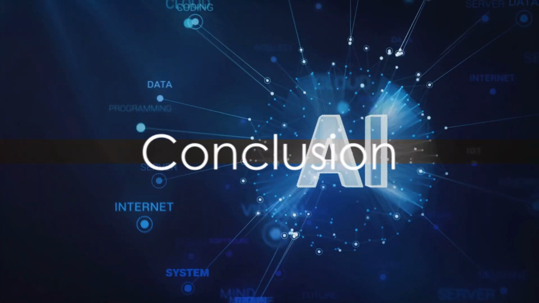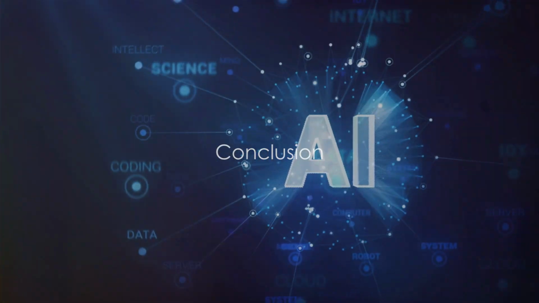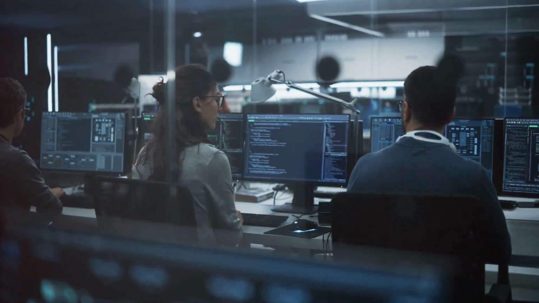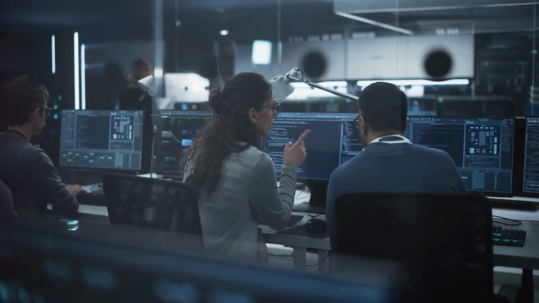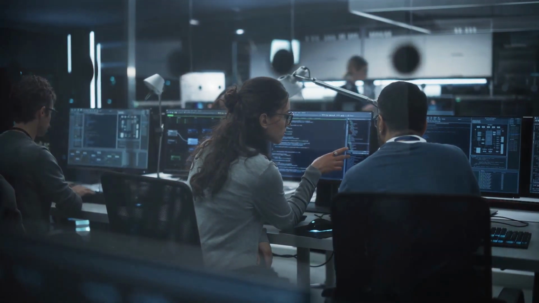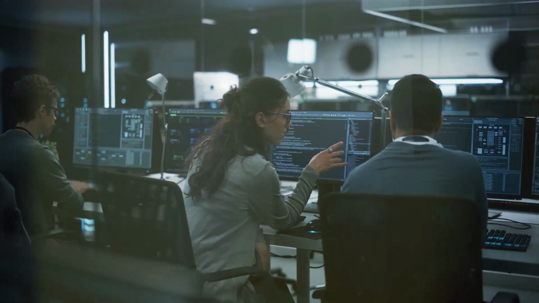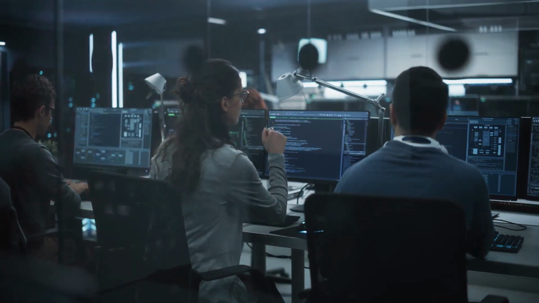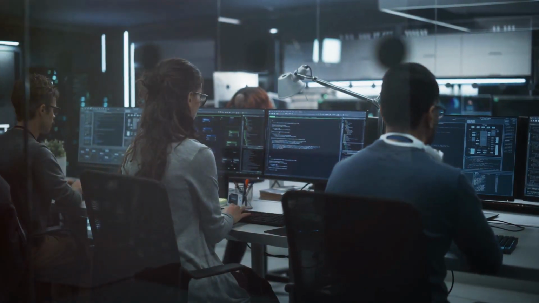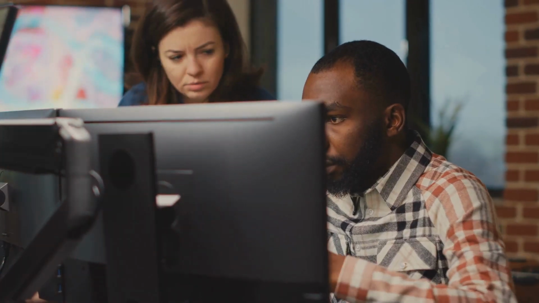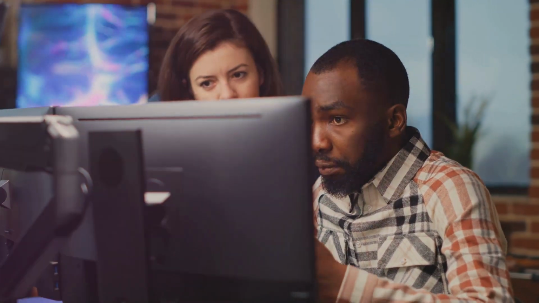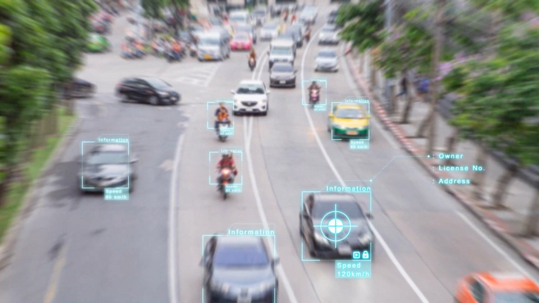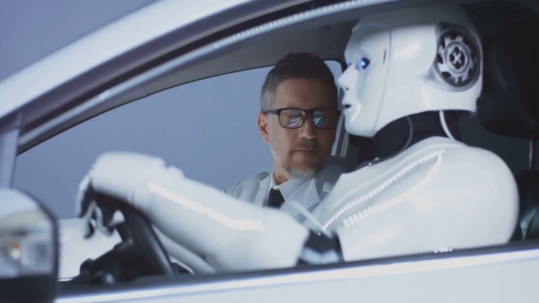So there you have it, a basic guide to machine learning. We've journeyed together through the intriguing landscape of this powerful AI technique, shedding light on its three major types: supervised learning, unsupervised learning, and reinforcement learning. Each of these approaches has unique strengths and applications, from classifying spam emails, discovering hidden patterns in data, to mastering complex games like Go. We've also seen how machine learning is no longer confined to the realm of theory.